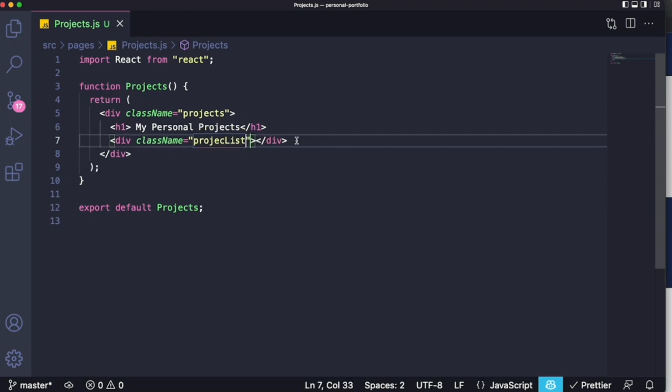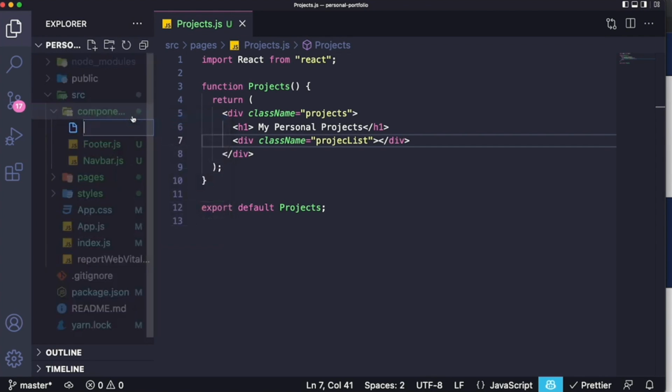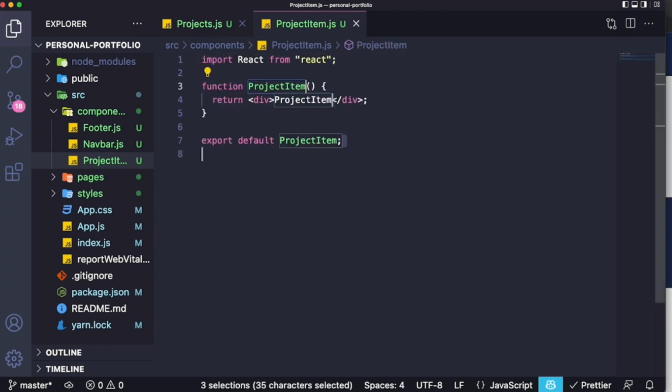And one thing I want to point out is that each project will be very similar, right? It will be kind of like a square with a picture and the name of the project. So what we can do is create a component called project item, which is going to be a component representing a project. Each project will be almost exactly the same, so we can do something like this so that we don't keep rewriting code. So a project item will basically just be a div with a class name that we can just edit right here. The class name will be project item, and